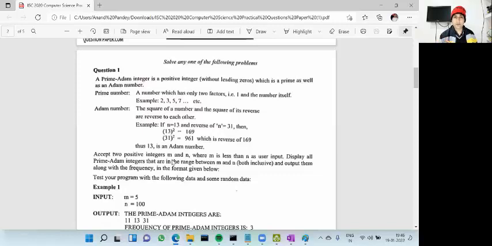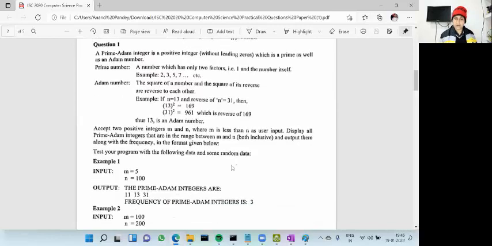Here you cannot ignore it. You have to check. After taking m and n as input, you will check whether m is less than n or not. ओके सो ये सब कंडीशंस वहां पे चेक करनी होगी। और यहाँ पे ये एक नंबर इनपुट लेके नहीं चेक करना है कि प्राइम एडम नंबर है या नहीं, यहाँ पे जितने प्राइम एडम नंबर्स हैं उस रेंज में सबको डिस्प्ले करना, ऐसे क्वेश्चंस आते हैं। ठीक है, द क्वेश्चन विल बी लिटिल बिट लेंथी, लेकिन यू हैव टू डू इट। तो फर्स्ट क्वेश्चन विल बी जनरल प्रोग्रामिंग, नंबर प्रोग्रामिंग।